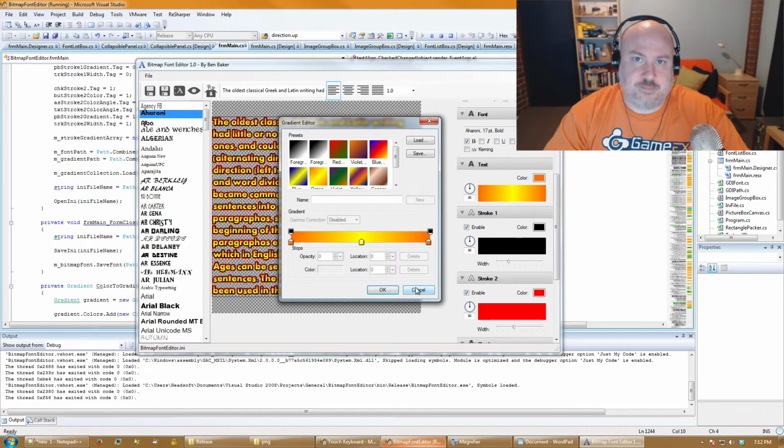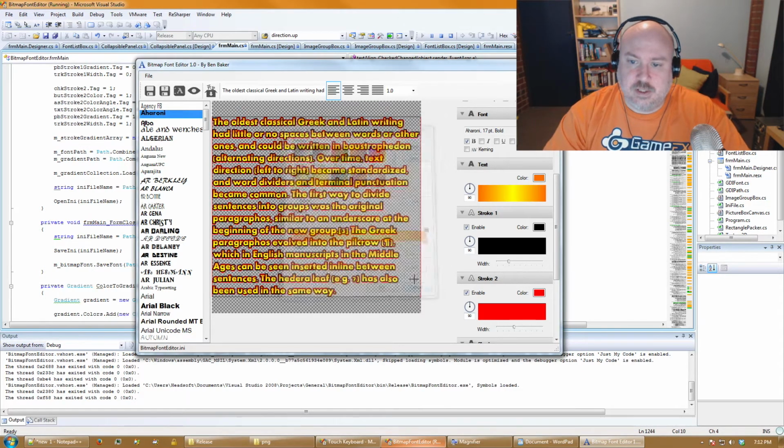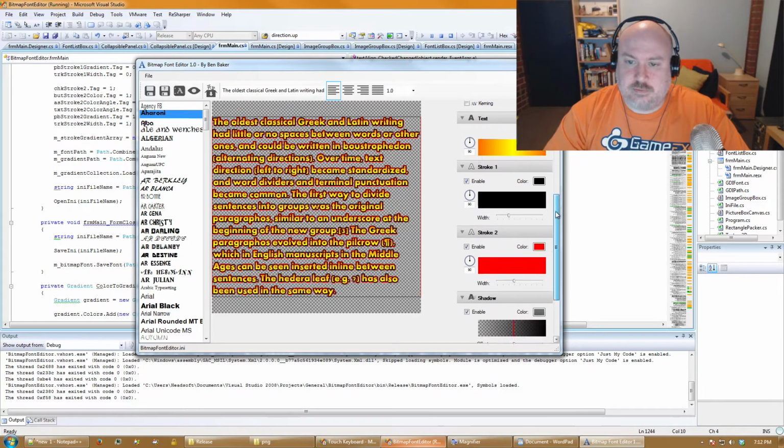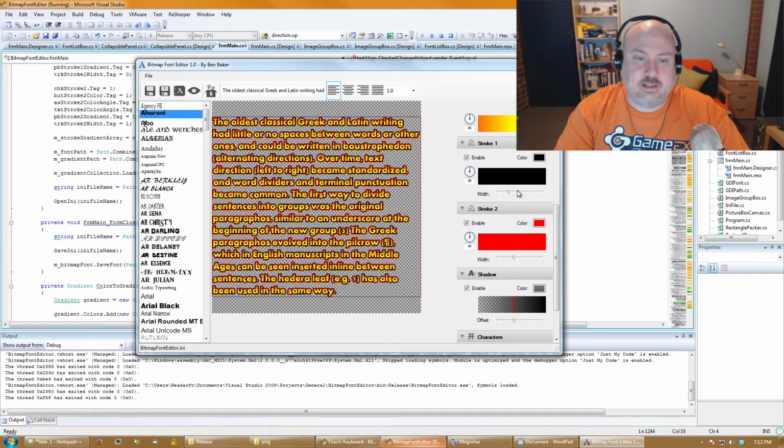It's based on the Photoshop gradient editor. And so you can set the text gradient. There's also, I just recently added the ability to do a second stroke. I think stroking looks really great, and whenever I look at a lot of fonts,